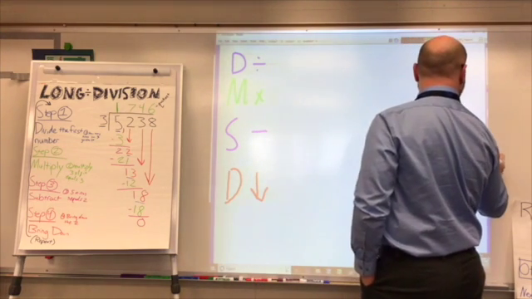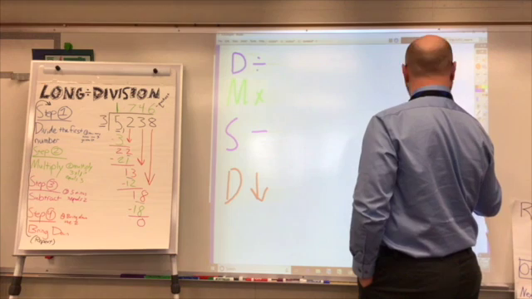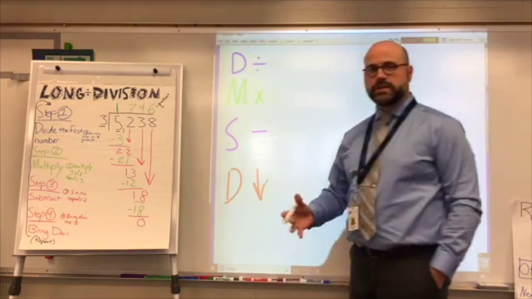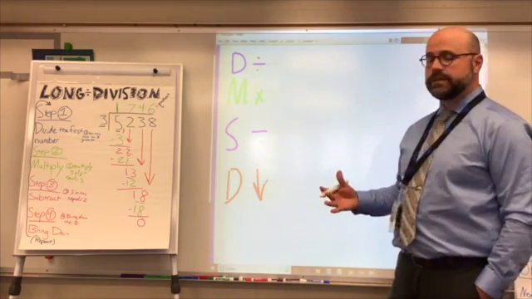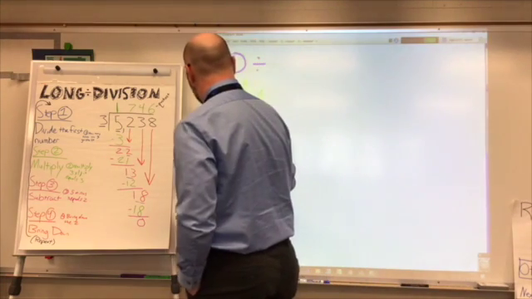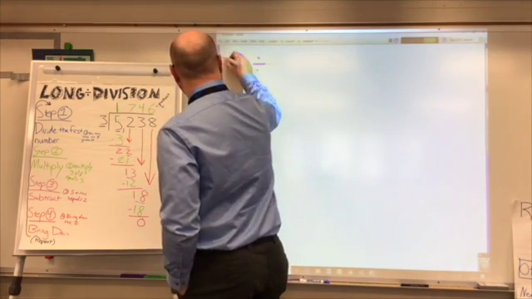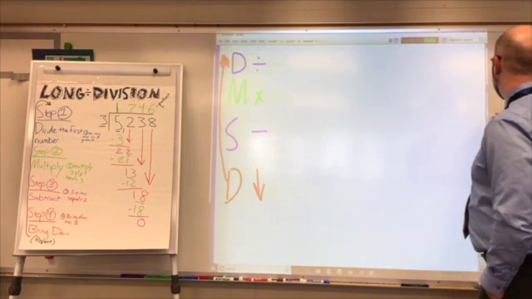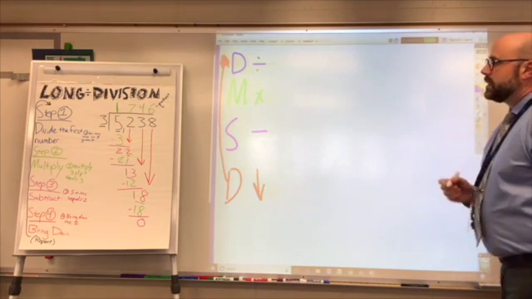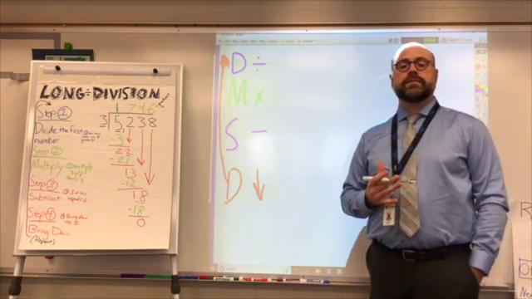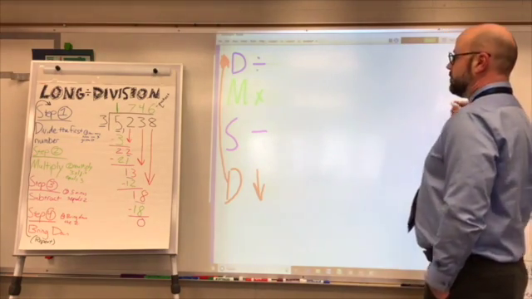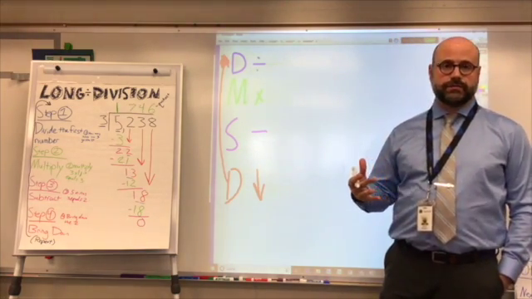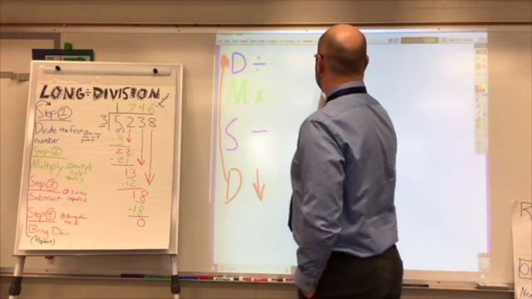Ooh, that is a terrible down arrow. However, depending on how many digits, the problem is not done after you drop a number. You're gonna have to restart the process all over again. Okay? Repeat. So let's just take a look at some numbers and just work through dividing them. I want to start with a 2-digit, move on to a 3-digit, and then a 4-digit for this lesson. Okay? So first things first, let's do